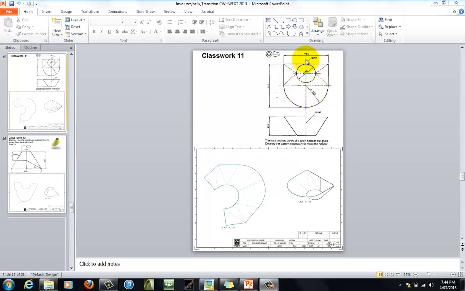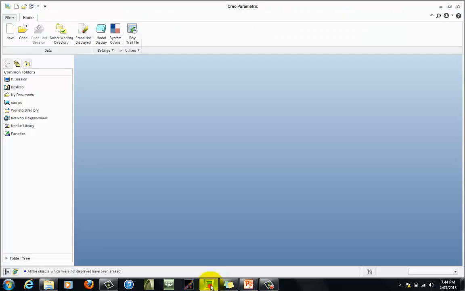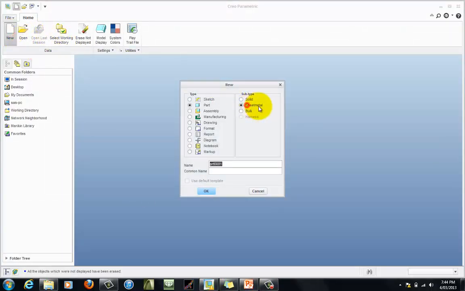So with that in place, let's go across to Creo and see if we can create that. We might start with this 300 square one first, because that's the only thing that's symmetrical. Okay, so let's go to Creo, set your working directory as you normally would, File, New, Sheet Metal, remember, and this time it's called the grain hopper, underscore,